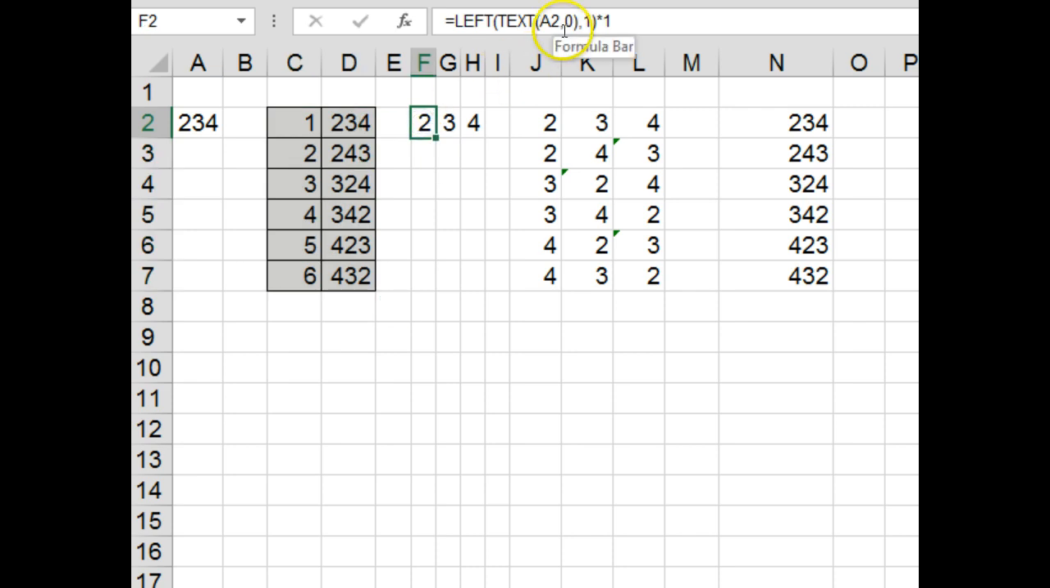If we look in the upper left, in this formula bar, we see that I used the left function, converted it to text, multiplied by 1 to generate a number. So I did exactly what you did there. I also followed what you did in using the small function. But